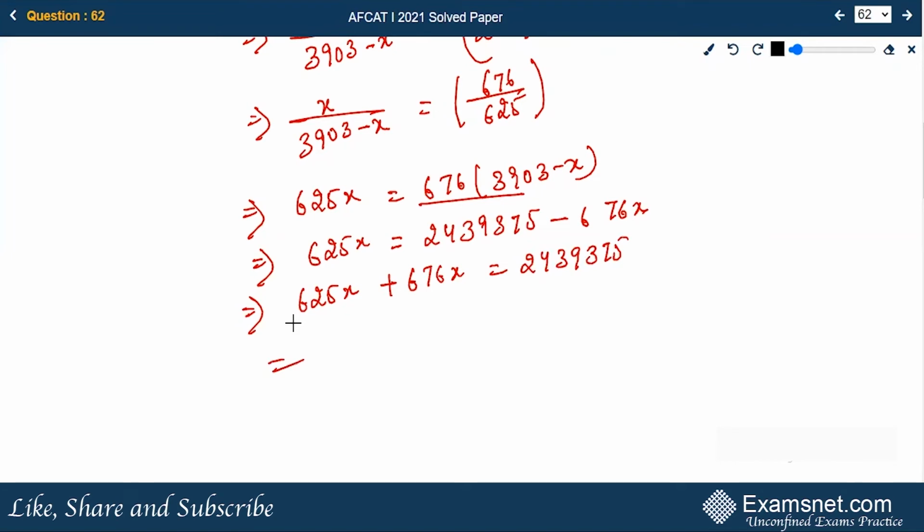This gives you a total of 1301x is equal to 2439375, or x is equal to